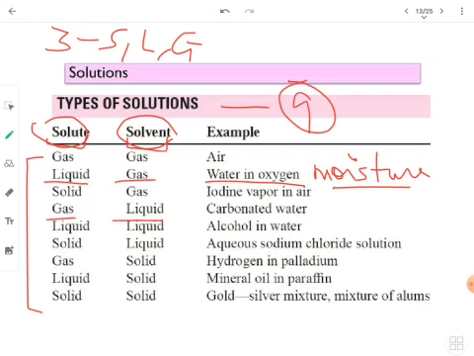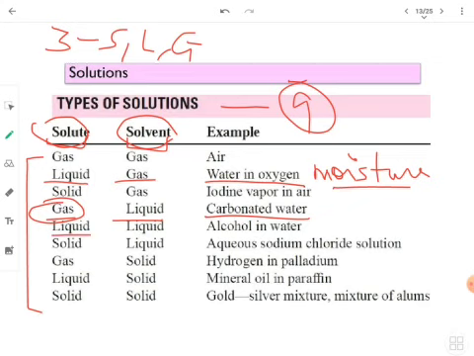This is a very interesting example. All the cold drinks that you drink, right, they are known as basically carbonated water, because in that carbon dioxide gas is dissolved. When you shake that Coca-Cola or something, you will see that fizzing starts coming out. That is of the carbon dioxide gas that has been dissolved. So your solute there is a gas. Which gas? Carbon dioxide gas. And your solvent is the liquid, that Coca-Cola liquid or whichever.